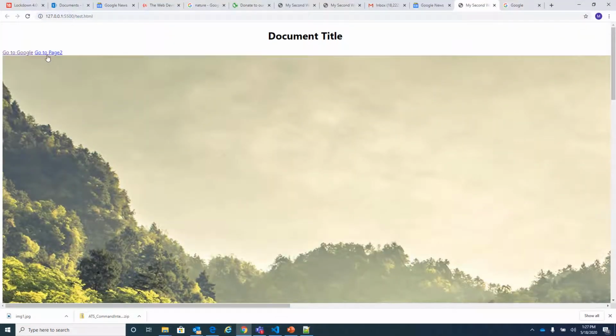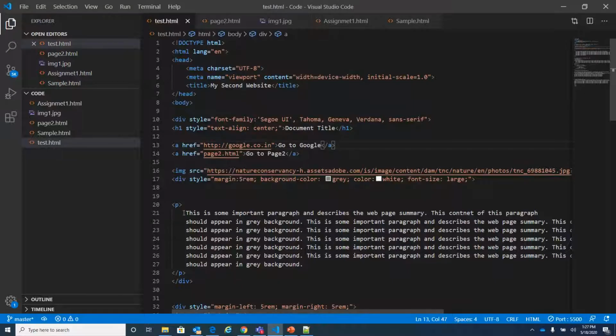Yes, go to page 2, just click it and you are on page 2. So using this technique you can move from one page to another. So this is the hyperlink tag. For the hyperlink it is the anchor tag. Using the anchor tag you can move from one page to another page internally or externally.